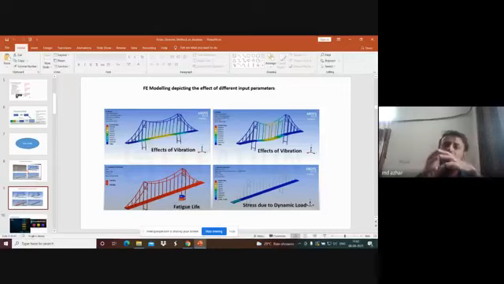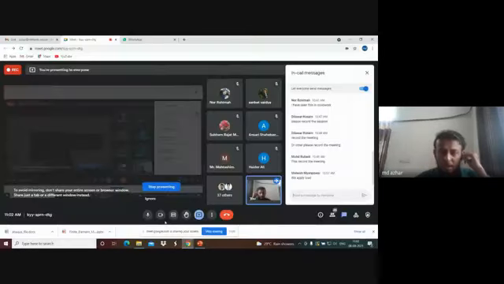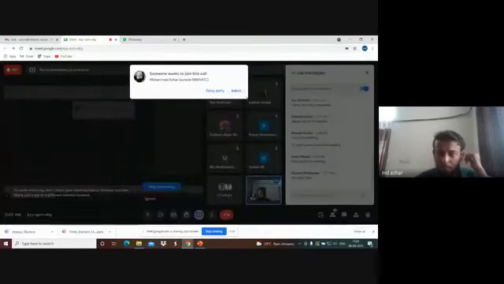Now imagine, before this analysis, if we are going to just make a bridge and we don't know where it's going to fail, where the susceptible area is, and all of a sudden the bridge fails, then we'll be having a big problem. So these are some of the effects. So coming back to, so now again, let us understand that what is